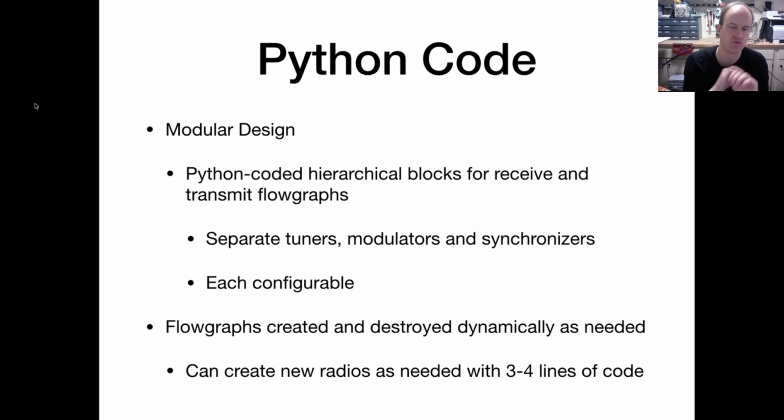I'm not going to walk through the whole code, but I will walk through a few key sections and hopefully give you some confidence that it can actually be done pretty simply once you get some of the grunt work out of the way. But in terms of the Python code, one of the things that I also did that was kind of key is I coded the radios themselves, or the radio applications themselves, in native Python. I wasn't using the GNU Radio Companion GUI.